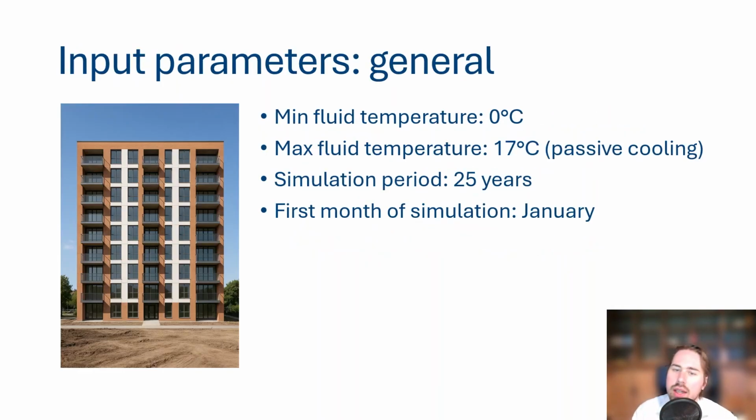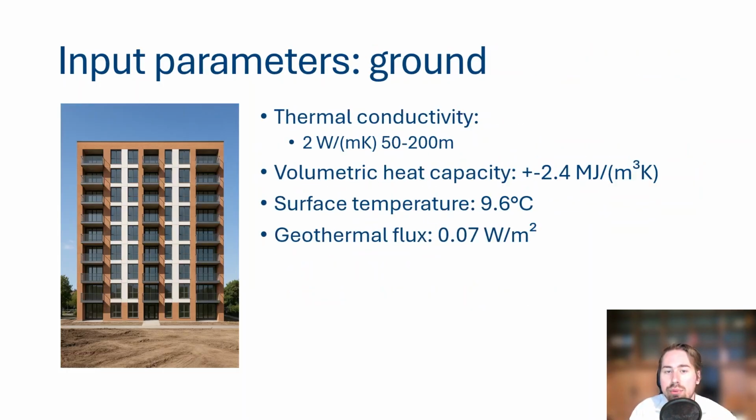So in general, we will design with a minimum average fluid temperature of 0 degrees and a maximum temperature of 17 due to passive cooling. We are working with 25 years as a simulation period, and the first month of the simulation will be January. We have a ground thermal conductivity of, assume a constant 2 watts per meter Kelvin, volumetric heat capacity of around 2.4 megajoules per cubic meter Kelvin. We have a surface temperature of 9.6 and a geothermal flux, which causes a gradient, as you know, of 0.07